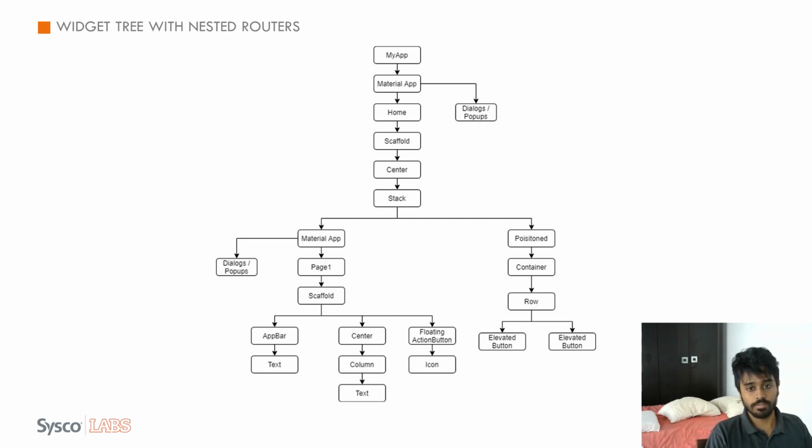So for this I have used another material app. The reason I have created another material app here is that I wanted to create another navigator. From page 1, which has a scaffold, app bar and the center video, and the floating action button, when we navigate to the second page, I'm accessing this material application, not this one, to navigate, so that material application can change only this part to page 2. And you can access this material application as well. I will show you in the example.